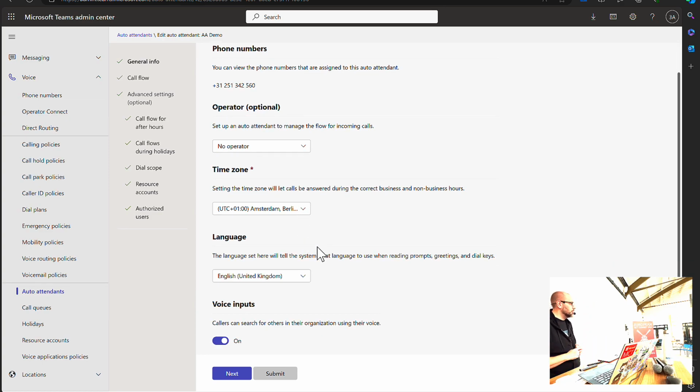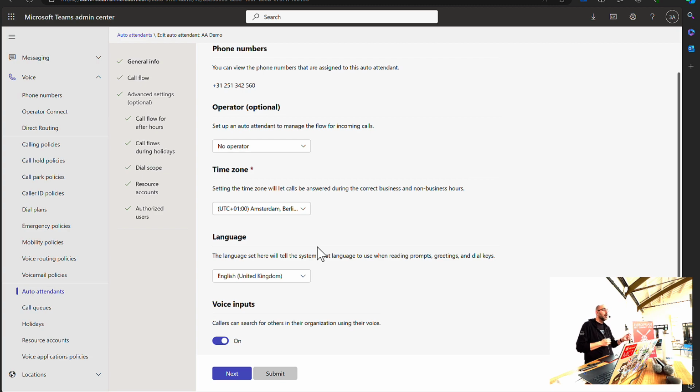And you can set up the language, and the language determines the text-to-speech and speech-to-text options within the auto attendant. You can use text-to-speech to provide greeting messages and stuff like that. And of course, Teams needs to know what language you're writing that in.